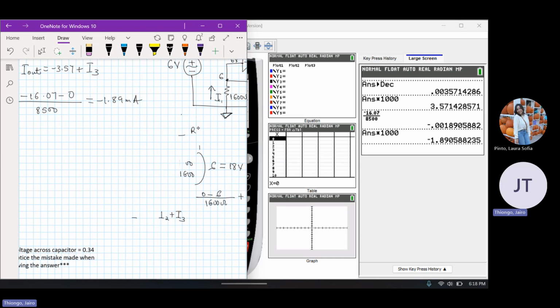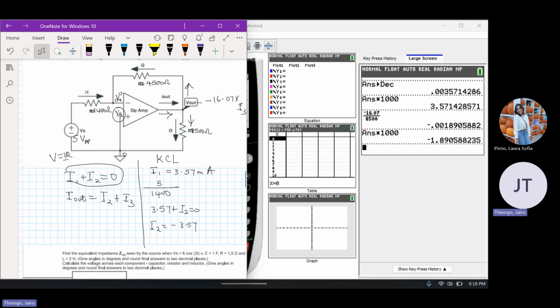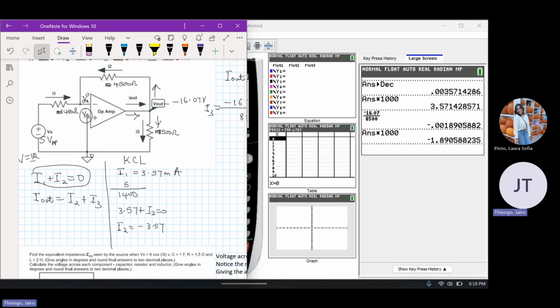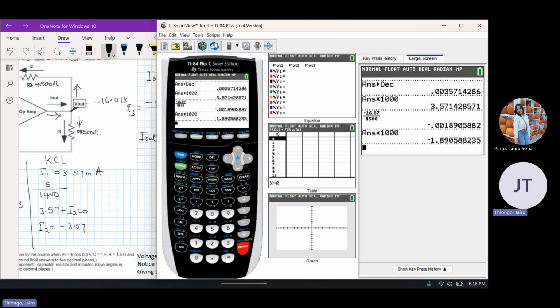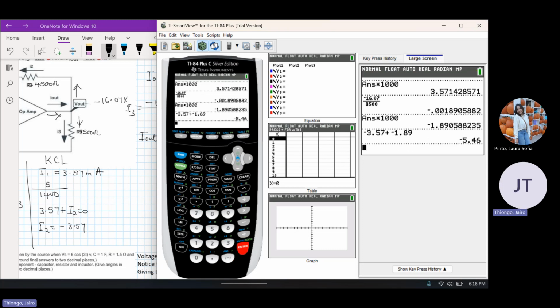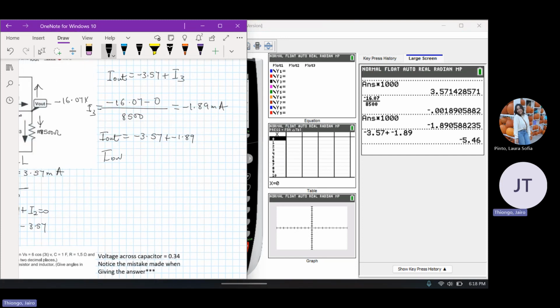First, get back to that. We have I3, and we have I2 from our first equation. We don't need to do any more calculations. Based on this equation, I out is minus 3.57 plus minus 1.89. That would be minus 3.57 plus minus 1.89, giving us minus 5.46. Our I out will be minus 5.46